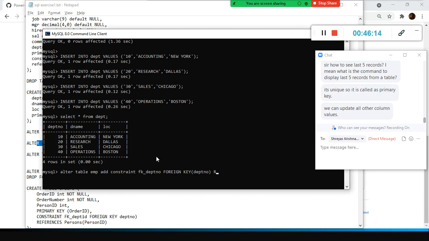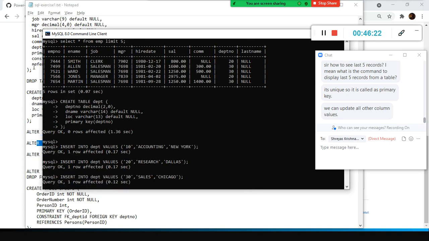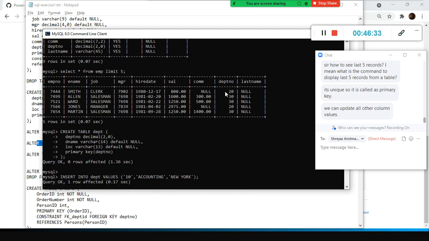You need to give references to the department table. In the employee table, the department number references the foreign table depart. So this is the foreign key.